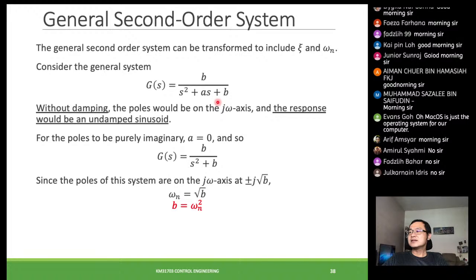So we can put that as omega n squared equals b, or omega n equals the square root of b. So that would be your b. Now we can start to substitute this in, omega n into the position of b. Then once we have the omega n, the natural frequency, in the position of b,